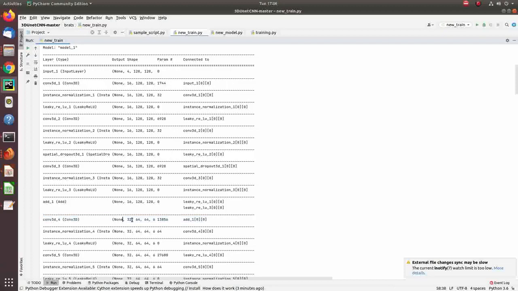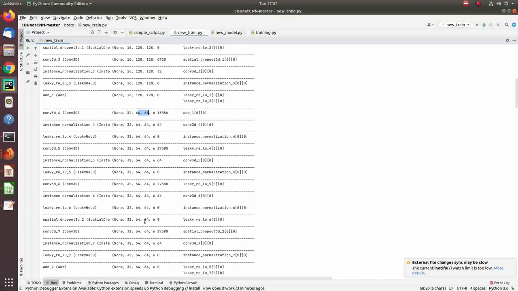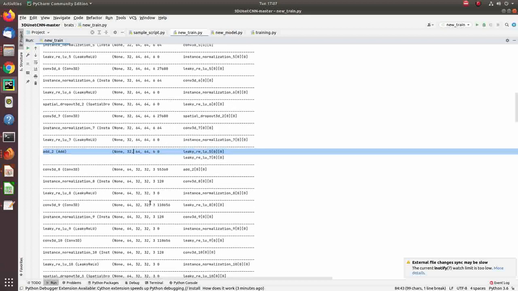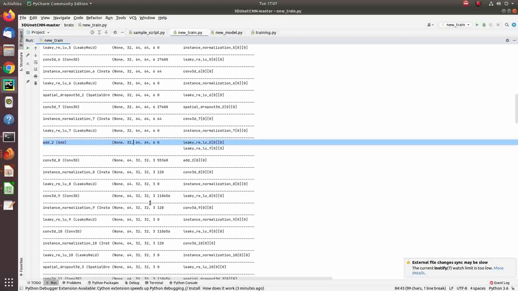Now the total trainable parameters here are 13,856, where the number of filters is 32, and the downsample has reached 64 by 64. This process will keep continuing until I obtain sufficient features which can be used for the encoding purpose.